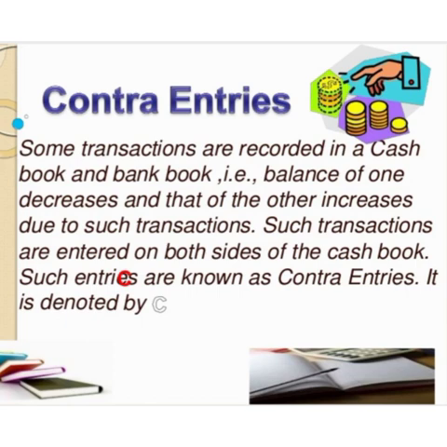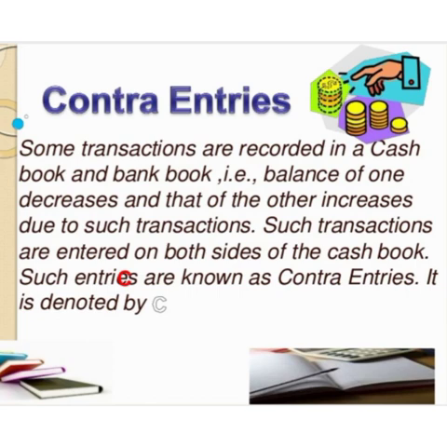The increase in cash at bank has to be shown at the bank column of the cash book at the debit side. It is shown as to cash or office, and the amount is written in the bank column. As the transaction refers to cash in hand, so it will be recorded in cash column also. Cash in hand is decreasing, so it will also be shown at the credit side of cash book as by bank account, and the amount will be written at the cash column.